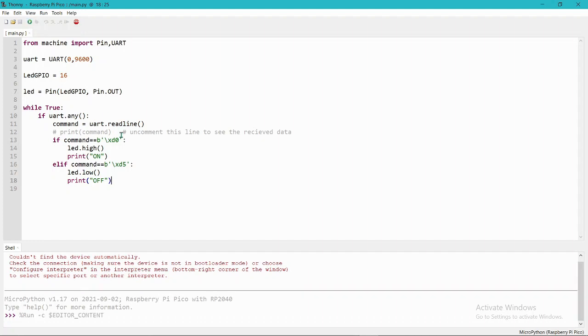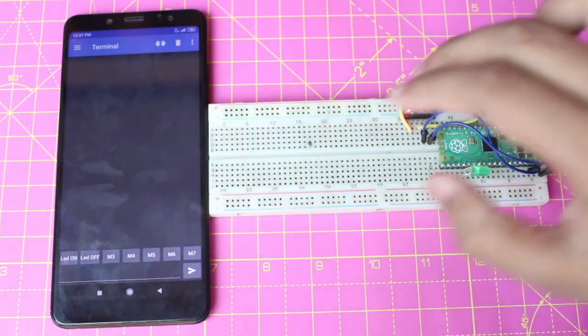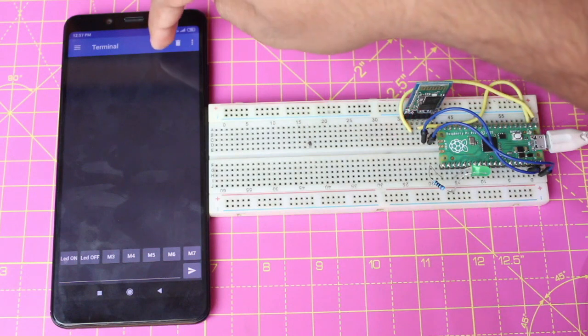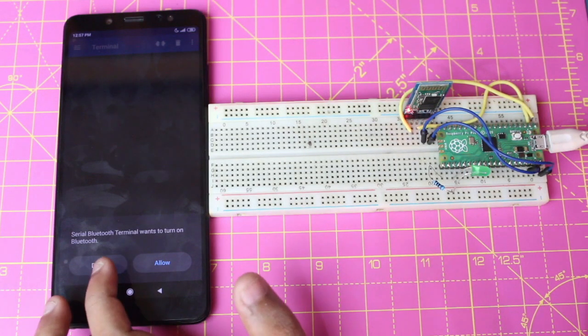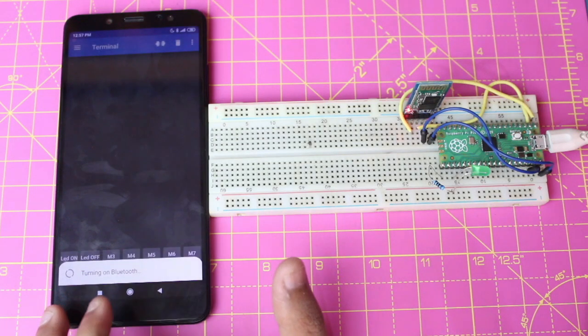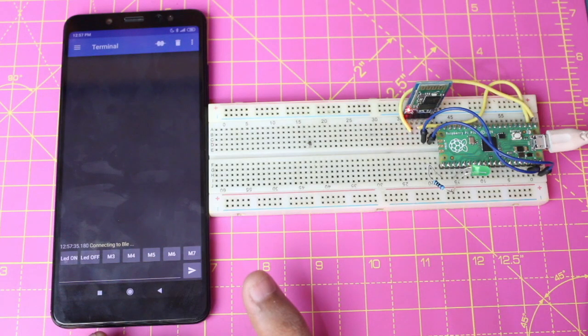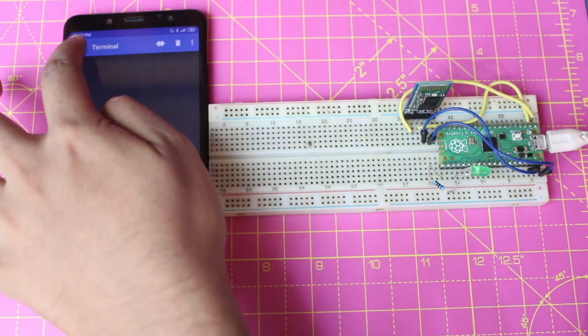So I have pressed the run button. Now let's see the output of the Bluetooth terminal. Now your program is running on the Pico board. So we can connect the Bluetooth app with our Bluetooth module by pressing this button. When you press this button, it will generate a pop-up to allow Bluetooth to turn on. So it will turn on the Bluetooth, and as I have already selected my Bluetooth module here, you need to go to the devices